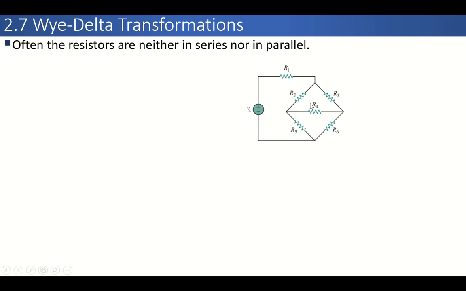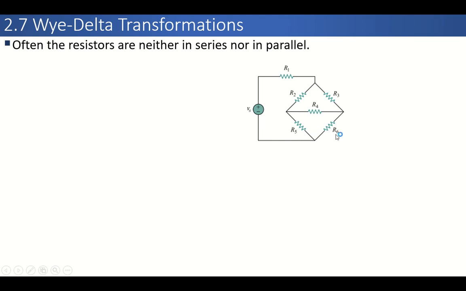If we consider R2 and R3, they are not in series because here the current is obviously divided. A third branch is connected at the meeting point, so we cannot say that R2 and R3 are in series. Similarly, R2 and R3 are also not in parallel, because this point is common, but the other end is a different point in each resistance. R2 has a different ending point and R3 has a different ending point. So R2 and R3 are neither in series nor in parallel.